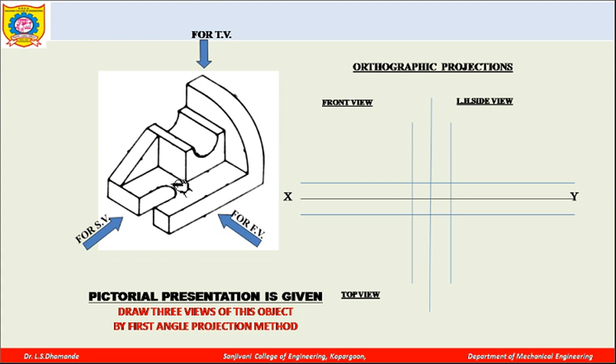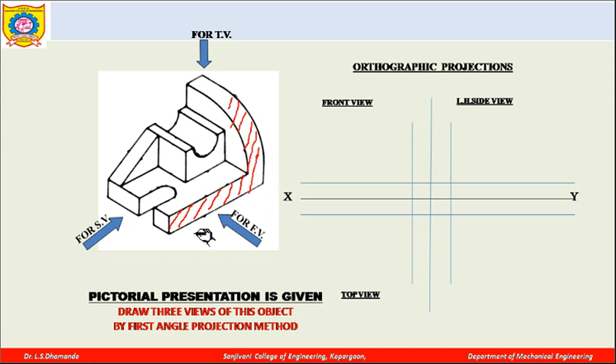So now see, if you look at this particular component from the front view, whatever portion is visible to us, I am just highlighting that particular portion. So let me highlight the portion which is actually visible to us when you observe this object from the front side. So this is nothing but the shape or the portion of this object which will be visible to us from the front side. Okay, so all this content.